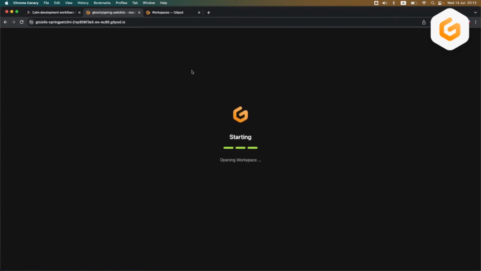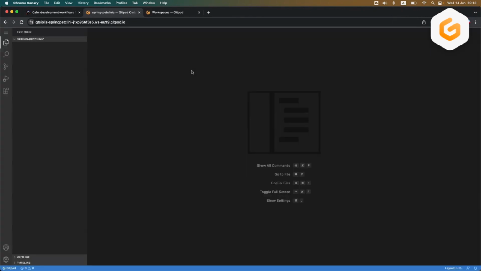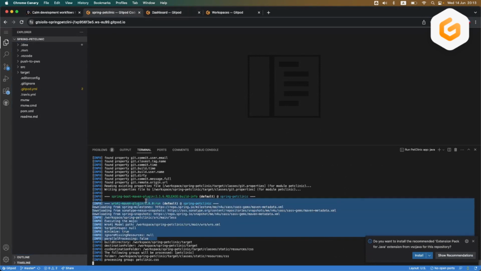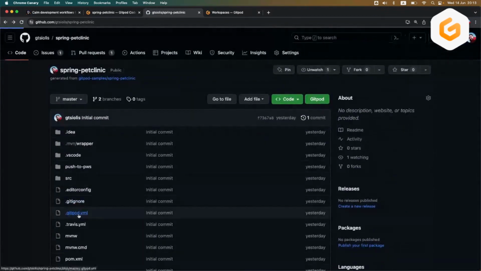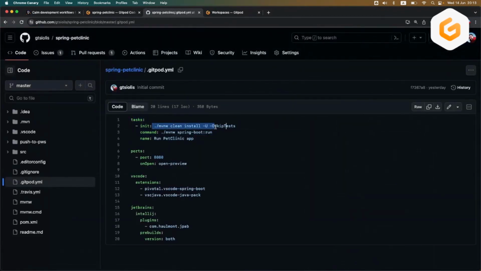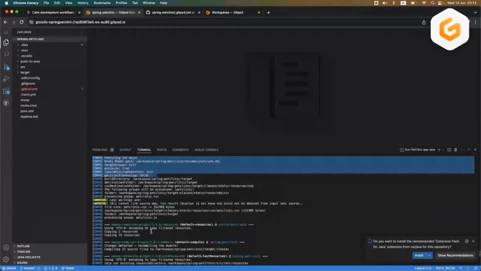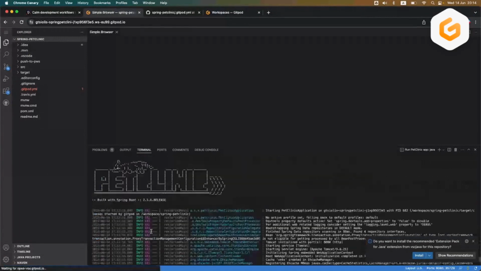This is the workspace start sequence, which starts from checking out the repository, identifying if there is a configuration there, and whether it's pre-built and loading instantly. If I go back to the repository, you will see what's in the tasks here, like the Maven clean install. I know some of the audience here is familiar with the Java and Spring ecosystem. What you see here is not the build process because this is already part of the pre-build phase. We will talk about it in a while.